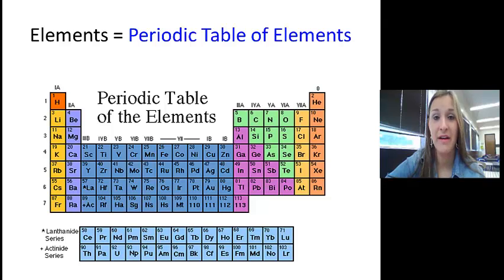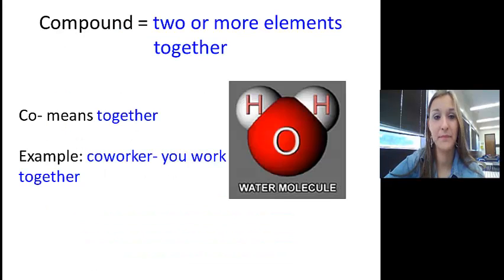And we're going to be looking at elements. I want you to think of the periodic table of elements. This is what you commonly see on the wall of chemistry teachers' rooms. These are all the elements, but we're not going to be focusing on all these complicated things because we're just going to be worrying about the elements that make up life, since we're learning about biology, the study of life. So, if this is an element, carbon, hydrogen, oxygen, phosphorus, sulfur, a compound is when 2 or more elements are